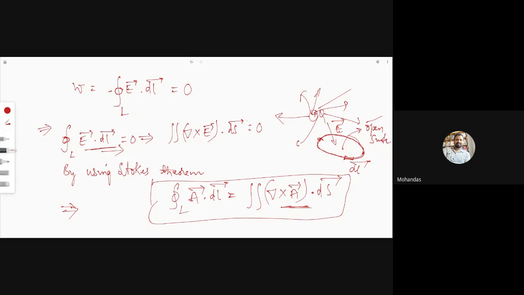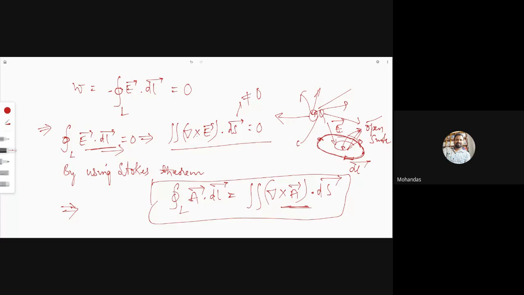Now see here, is this an open surface? There is an open surface. So this equation becomes 0, but this ds is not equal to 0 because there is an open surface. Then to satisfy this equation, which term must be 0? This ds, the differential surface area, is not 0 because there is an open surface area. So this term is not equal to 0.